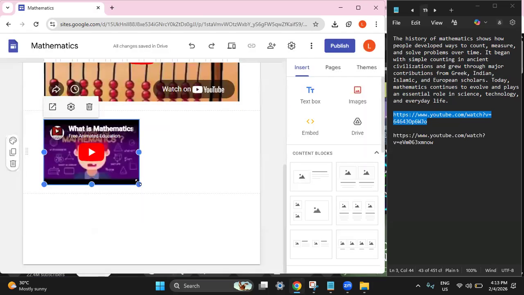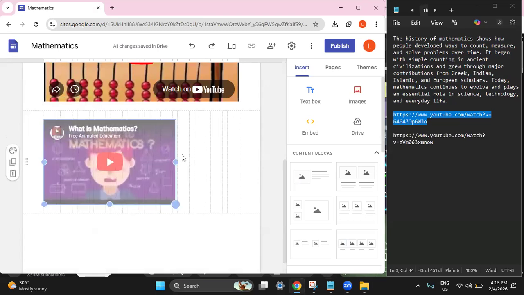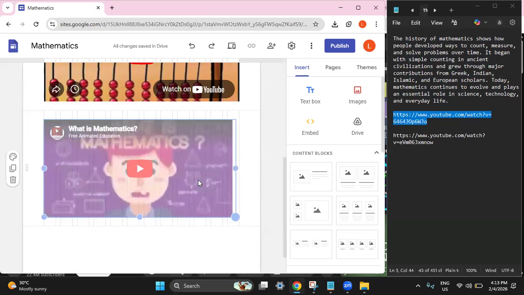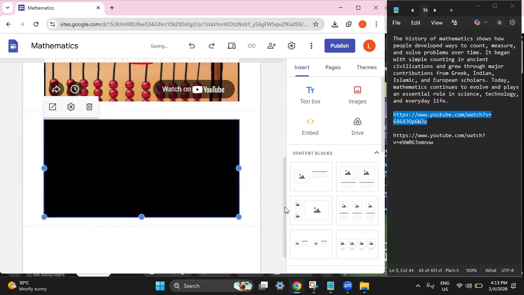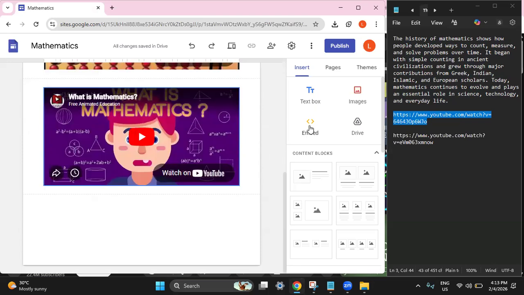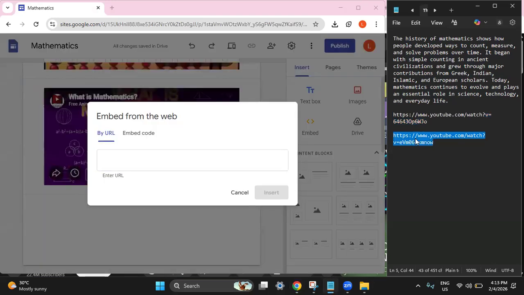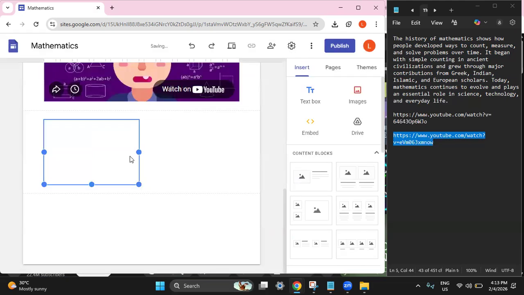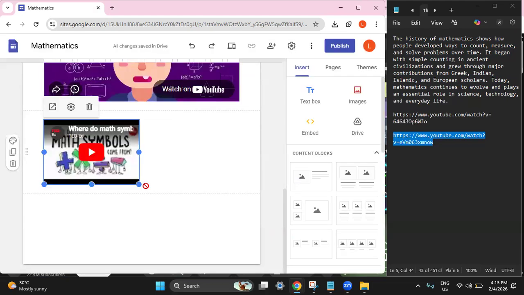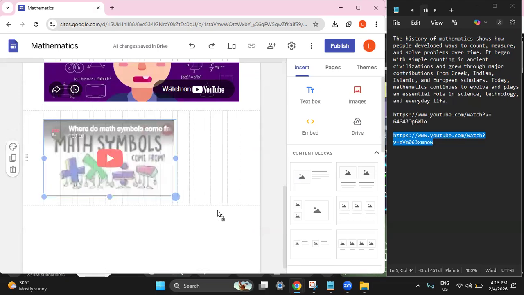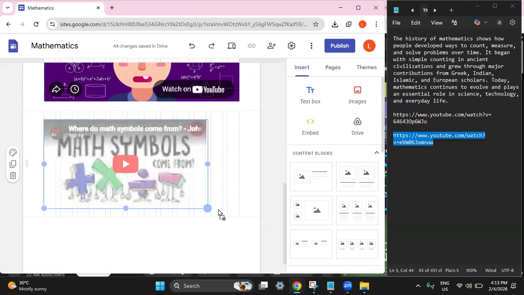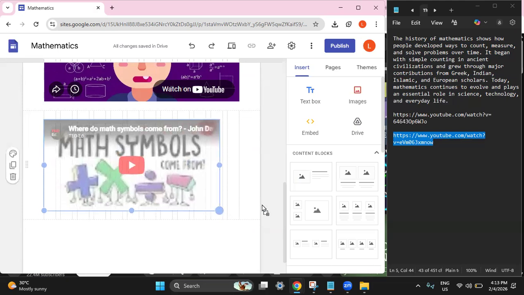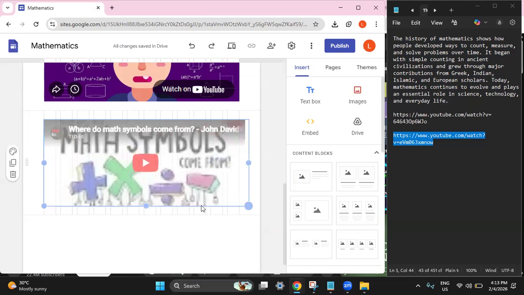So students can watch this video if they want to learn more about what is mathematics as part of the history of mathematics page. And let's try to add this one, which is the four operations of mathematics. It also has an origin that explains where math symbols come from. There you go.